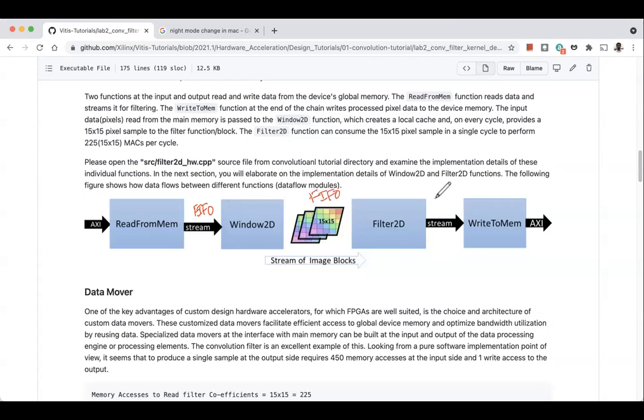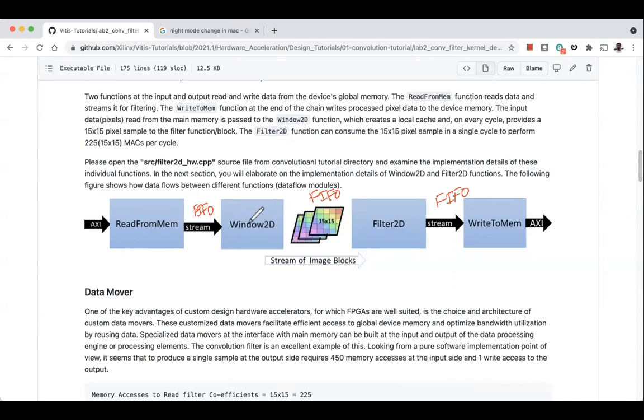So there are multiple stages in your image processing. This is a very standard image processing pipeline, and these stages are connected by FIFOs. There is one read from mem module which reads data from the DDR memory, and it puts it in the FIFO stream corresponding to a module called window 2D.